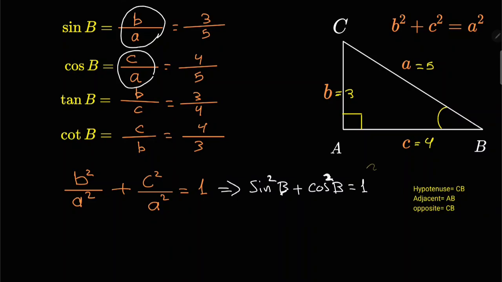So we get the identity that contains the sine and cosine, which means if we know the value of sine, we can calculate the value of cosine of the angle, and vice versa. If we know the cosine, we can calculate the sine. So it's always satisfied that sine squared B